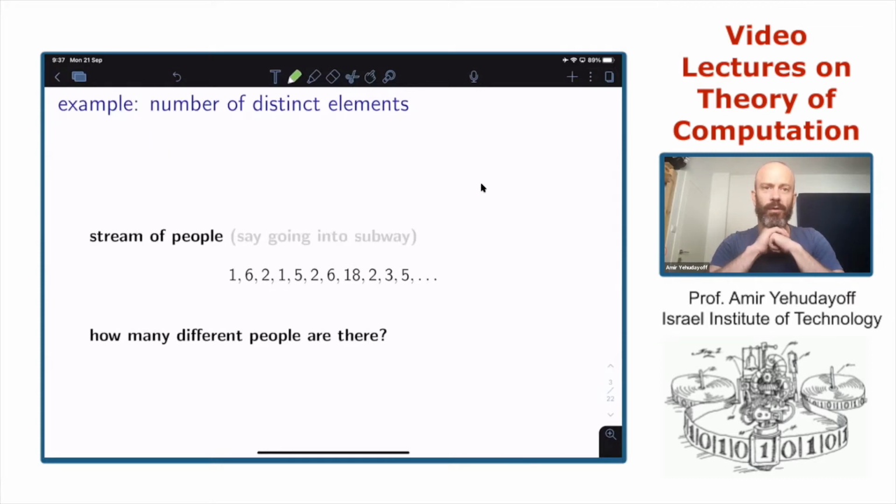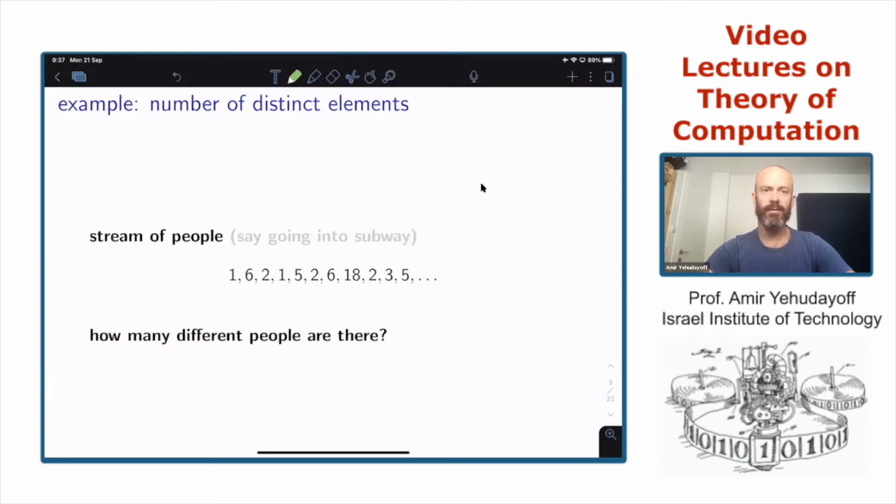But before a formal definition, I want to give a few examples that you can keep in mind when we provide abstract definitions. So there are three examples I want to discuss.